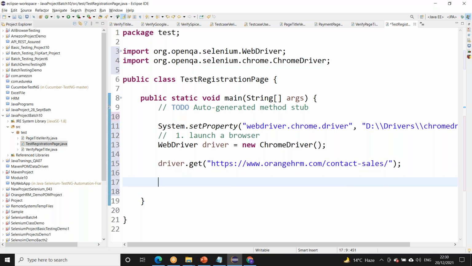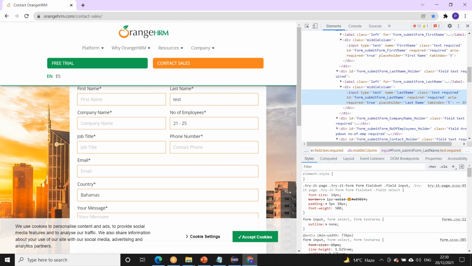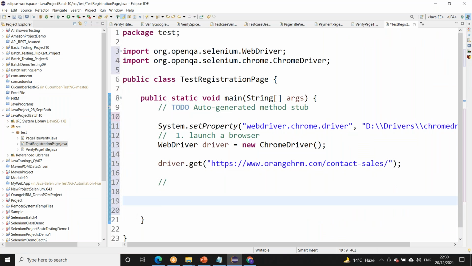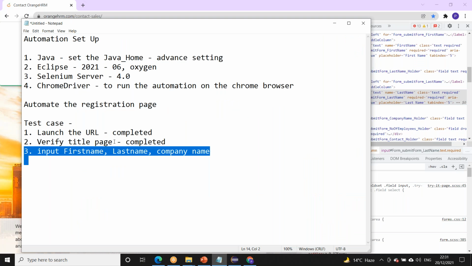Rajni, can I ask you a question, please? Can you please revise a little bit? I'm confused. First we were testing the page title, right? And then suddenly we went to the driver. No, we did not suddenly go; yesterday we only covered verify title. Let me complete, then if you did not understand, I will repeat. Let me finish, then I will tell it again twice, and then you will understand.